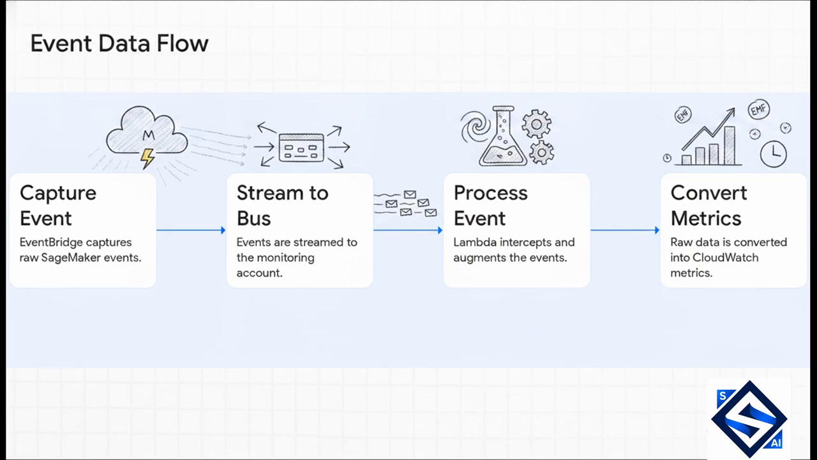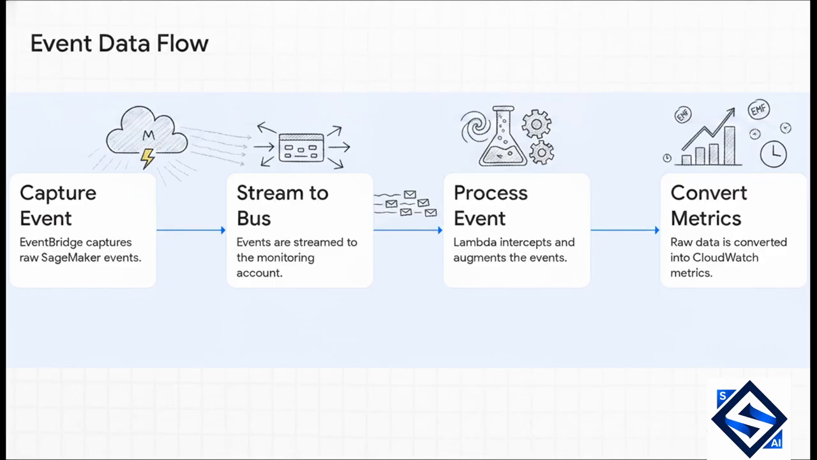Boom, that's captured by an EventBridge rule. Step 2, that raw event is instantly streamed over to the central monitoring account's event bus. Step 3, the event is intercepted and processed by an AWS Lambda function. And finally, Step 4, that Lambda function converts the raw event data into usable CloudWatch metrics. It uses something called the embedded metric format, which basically acts as a translator to turn raw system logs into